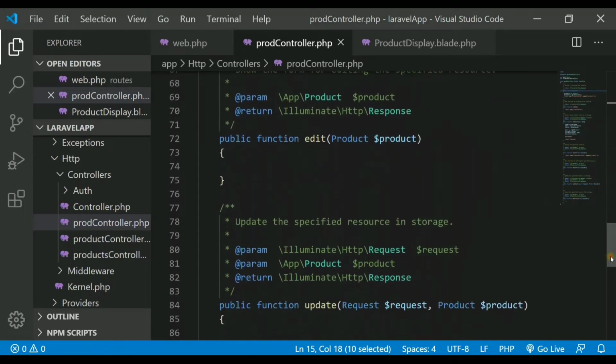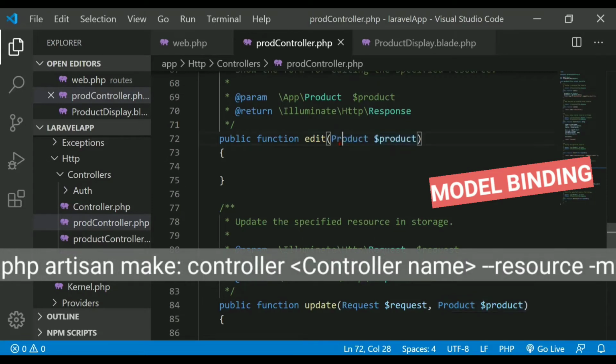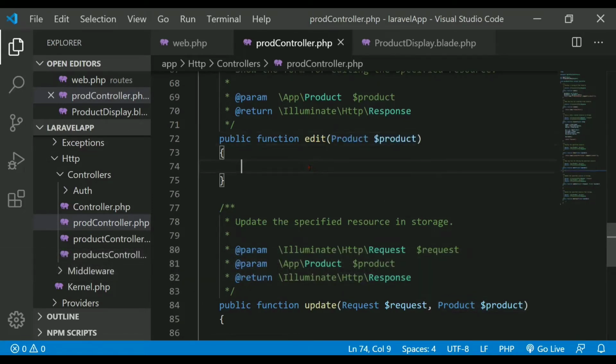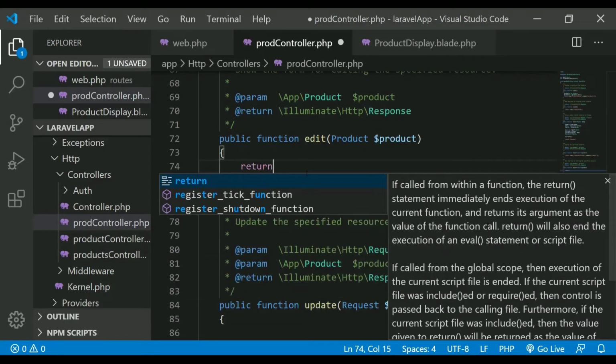As you can see, there is a method called edit, and inside it we are passing something called model binding. If you are not using that, then you have to write a function called find, and find that product with the help of the ID. But without using that we can work, and it becomes really simple as we are using this model, and this is the object for this model. So inside this edit function, I'll be returning one view,